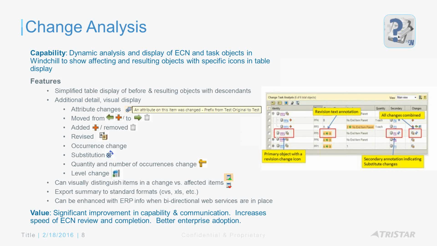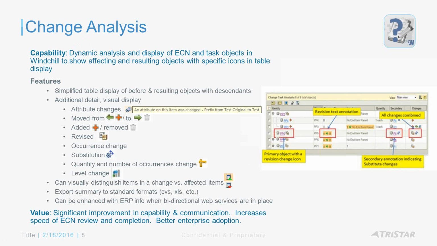If you're using the ECN functionality within Windchill, sometimes it's very difficult to understand for a specific ECN what has actually changed and what were those changes. So what this app allows you to do is dynamically within Windchill display an analysis of what has changed on